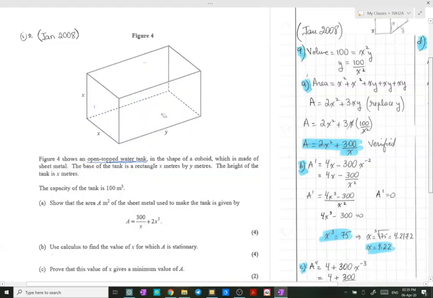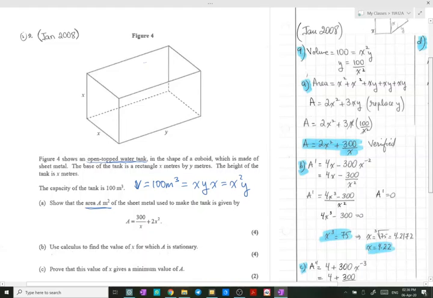The capacity of the tank is 100 meters cubed. Capacity is what they mean by the volume, 100 meters cubed. Remember that the volume of the cuboid is the area of the base, which is x times y, times the height, which is x, therefore it's x squared y. So that the area A m squared